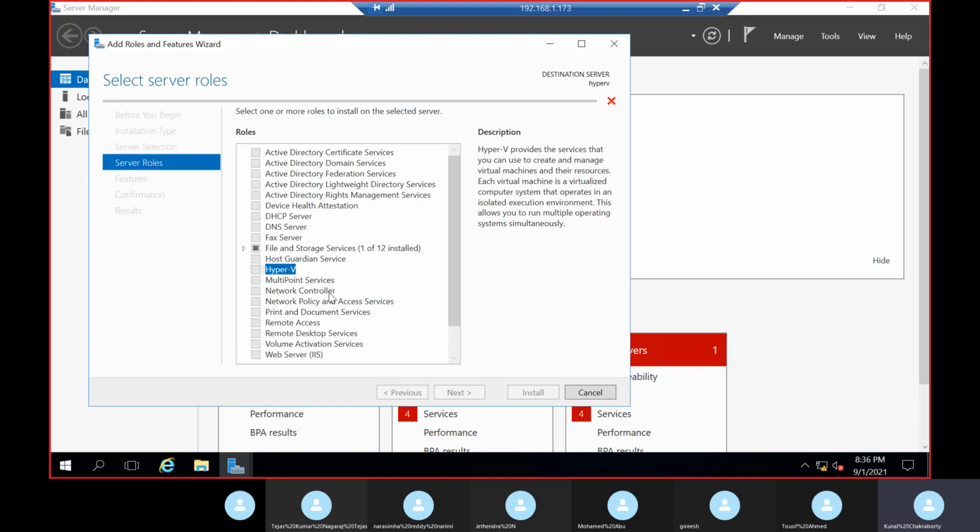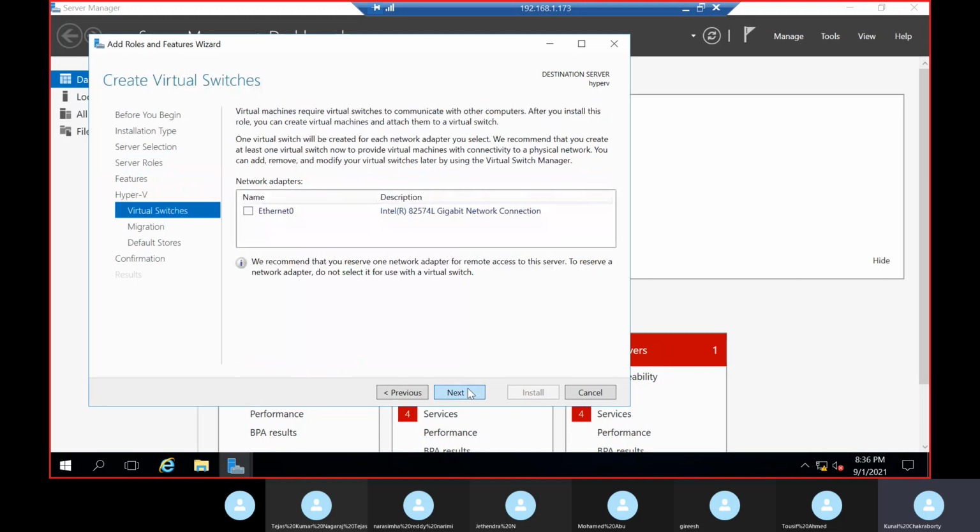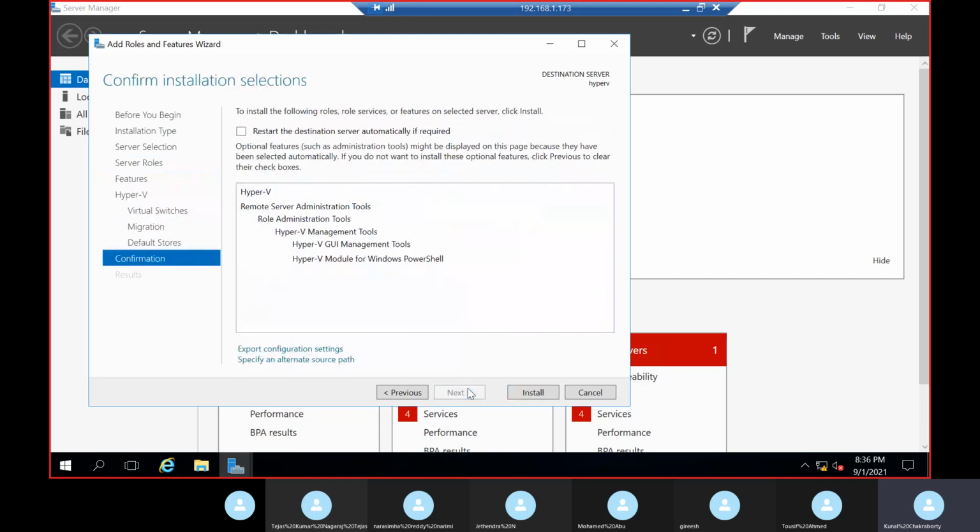So just add features. Next, next, next. Nothing to do over here. This is a new one. It's not required, it's your own choice. For installation of Hyper-V, it's not like you need ADDS or DNS. Yes, if you are deploying services, at that time ADDS and DNS are required. Then also that is not a big deal, ADDS will be installed, you just install Hyper-V. And the configuration I will show you, the same configuration you have to do when ADDS and DNS are there. There's no difference.